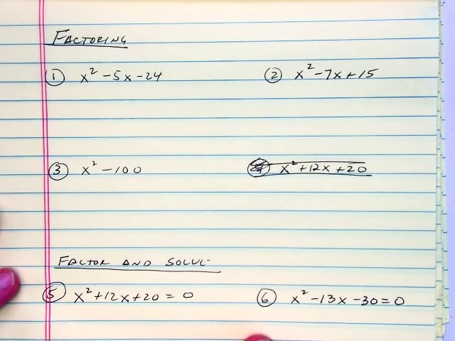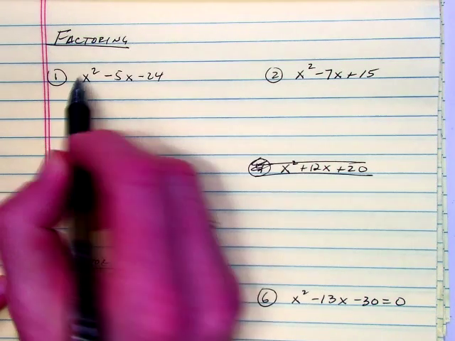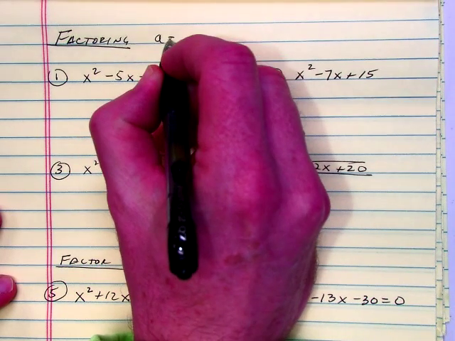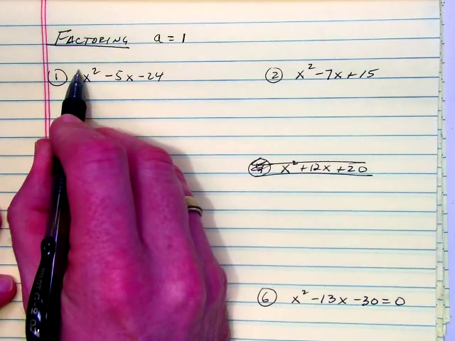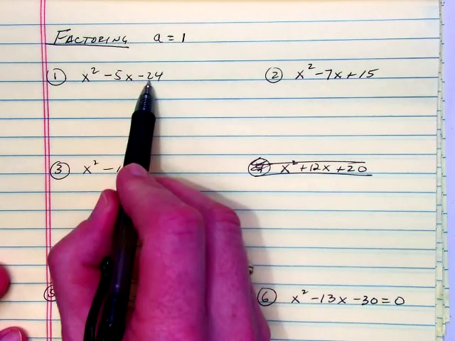We're going to do a little bit on factoring today. This is with a coefficient of 1 in front of the x squared, so we're going to call this factoring with a equal to 1, because a is the number in front of x squared. Okay, so the way that we're going to approach this is, when we FOILed, we realized that